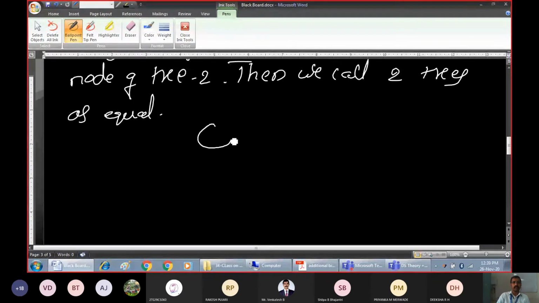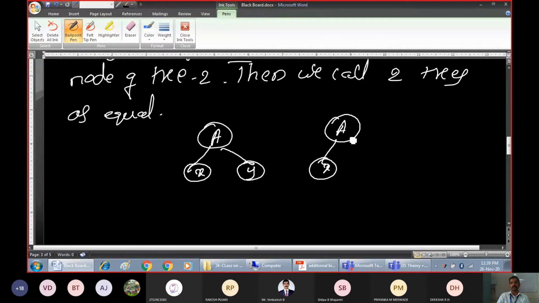Say, for example, I take one tree A, X and Y, and another tree A, X and Y. So we have two trees now, AXY and AXY. Say one is pointed to by root R1 and the other by R2.